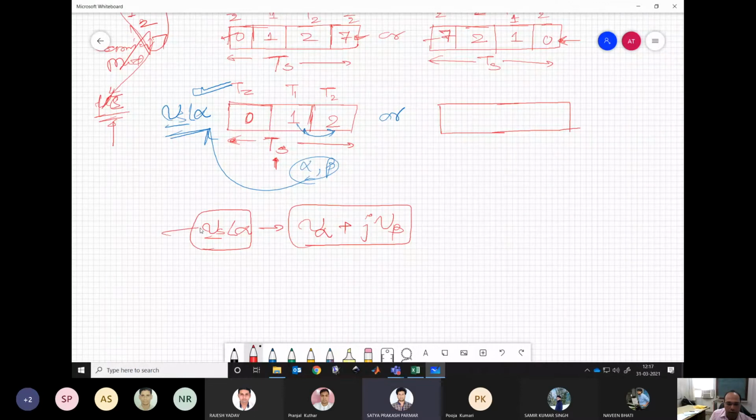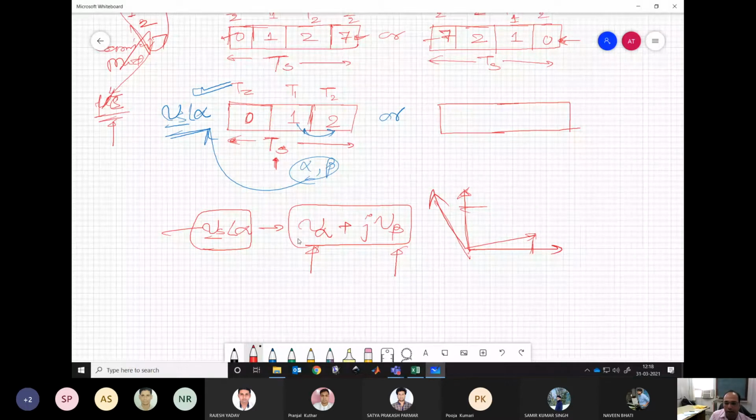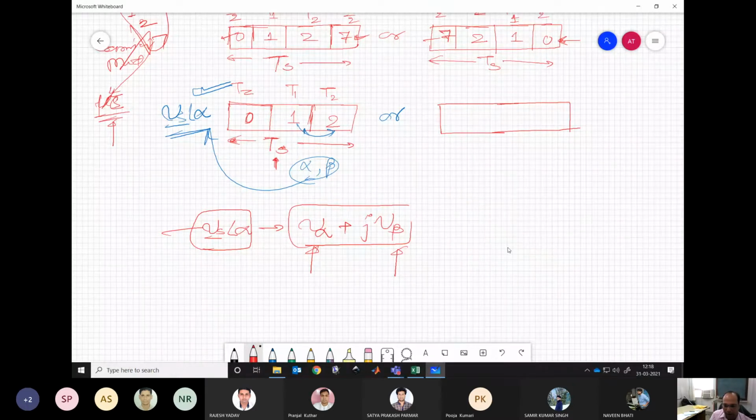Now, alpha and beta are two orthogonal components of any vector, which can be realized using any two vectors which are not necessarily orthogonal, but they should have some component along those axes. So let us say, since all the sectors are similar, we can generalize. Let's say we take sector 1. So we have plus minus minus and then plus plus minus. So these two are different vectors, I mean at different angles. One is at 0 degrees, another is at 60 degrees.